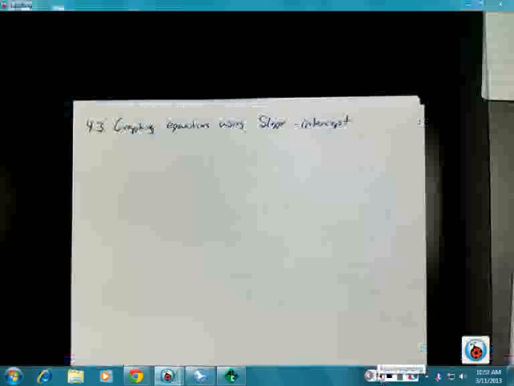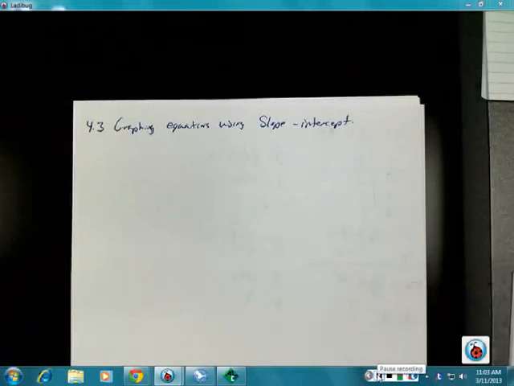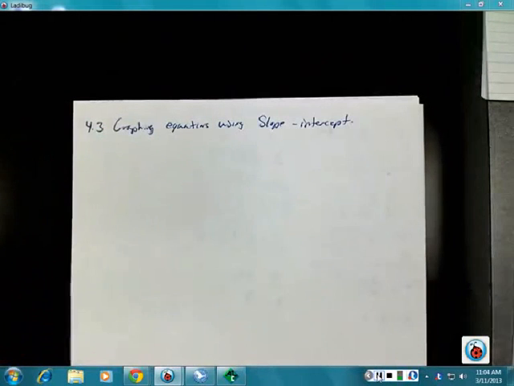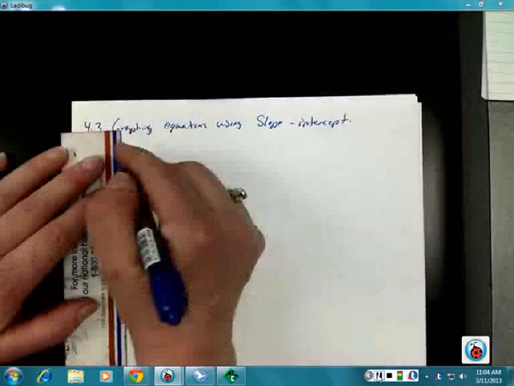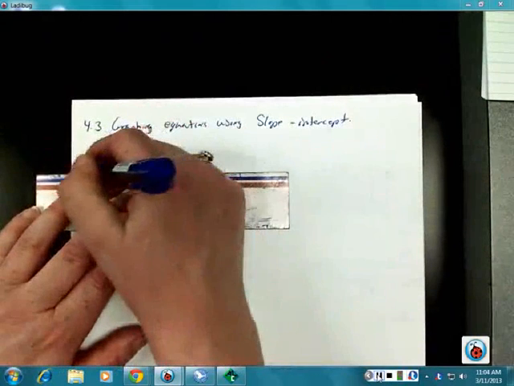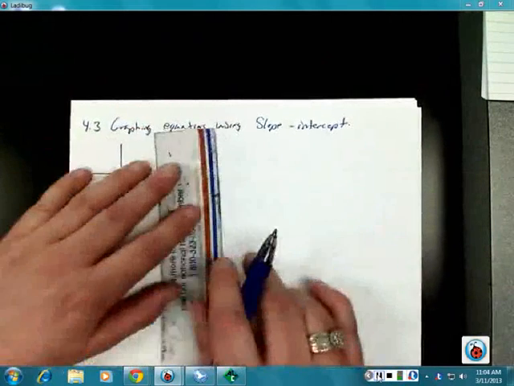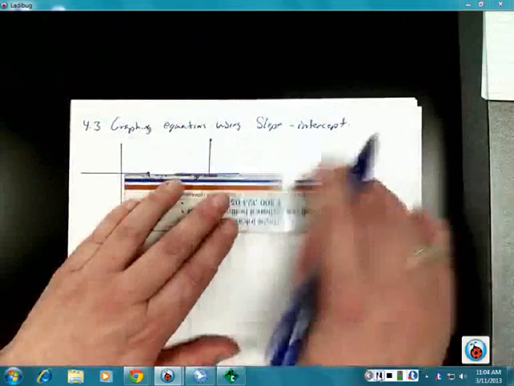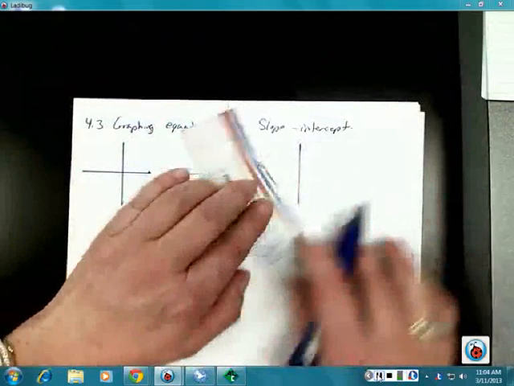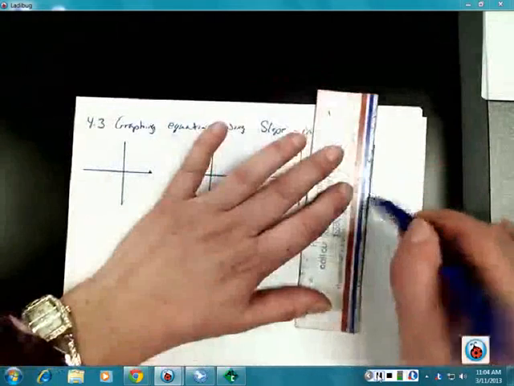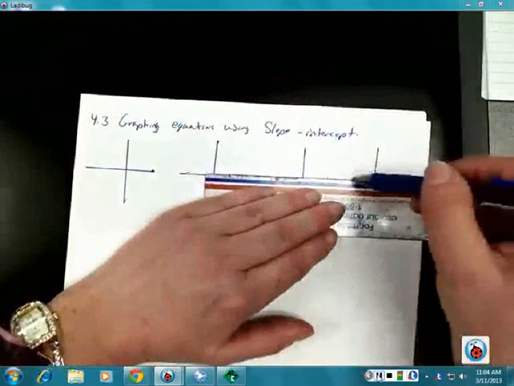Okay, starting 4.3, which is graphing equations using a slope-intercept format. And slopes, if we look at those, let me give you all four possibilities of slopes, because we only have four things that could possibly happen to them. And let me get four little graphs up here. And then we can see what takes place with each of these. So if we have four graphs,